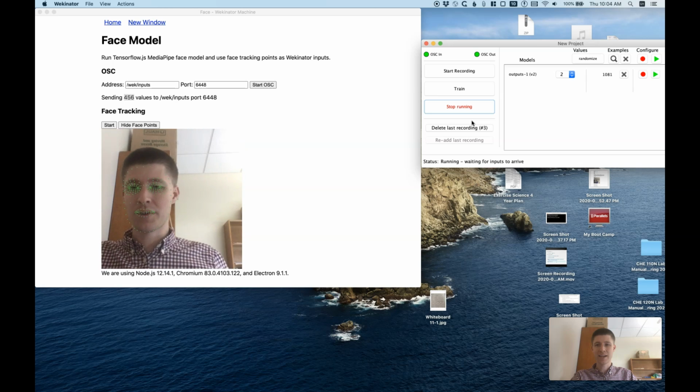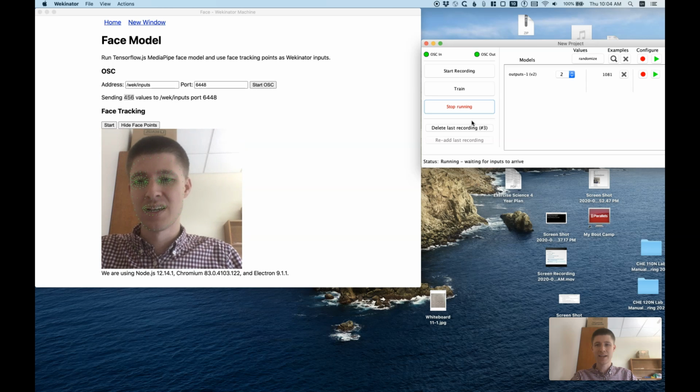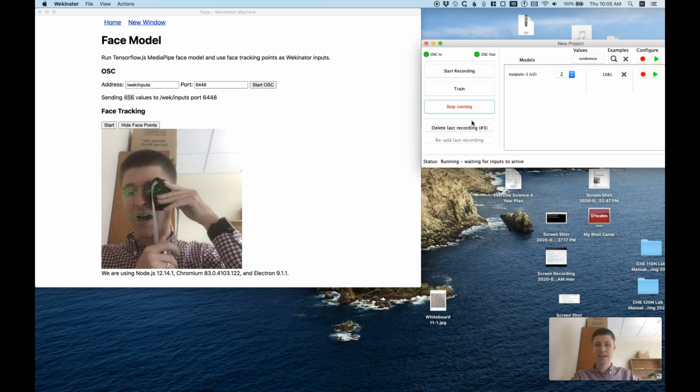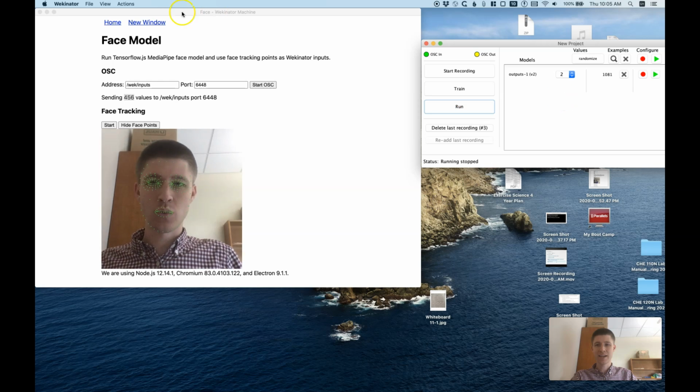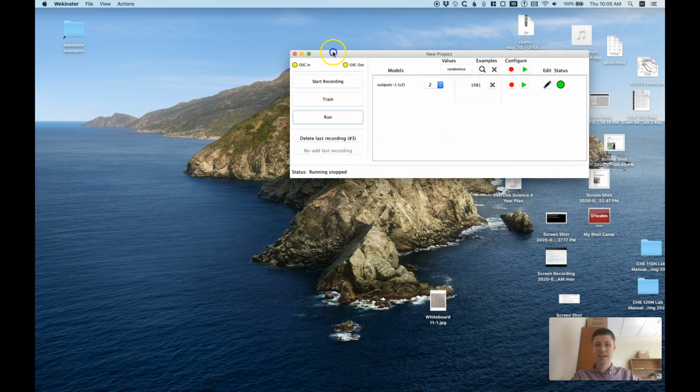And that's what you might discover here. In this case, this might really just not be a very good model for building my pirate detector. I might be better off switching to the Wekinator machine image classifier. That's definitely one where it could recognize this sort of spot of black on there. And that's something you'll have to find out, right? You don't have to be wedded to keep using the same model here. It's perfectly fine to try it out and then realize you might want to try a different input to better build that particular model. So even though this wasn't successful, I'll still go in and save it